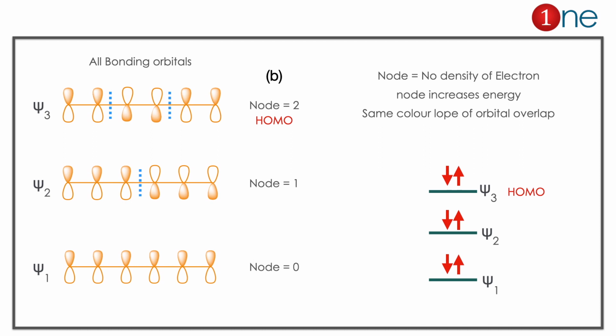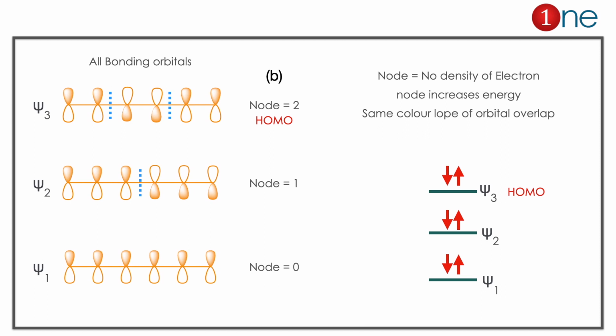Next bonding will be 3 inverse to each other. Still the bonding is possible, which is node 1. Then the HOMO, which is the last bonding state, will have 2 nodes. So the answer is clearly B, 2 nodes. The 6 electrons occupy chi 1, chi 2 and chi 3 equally.